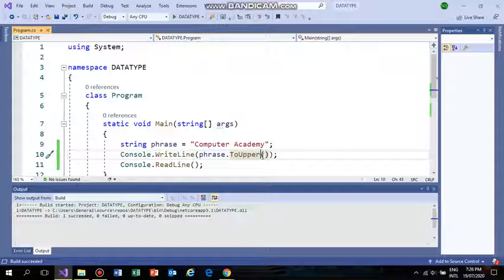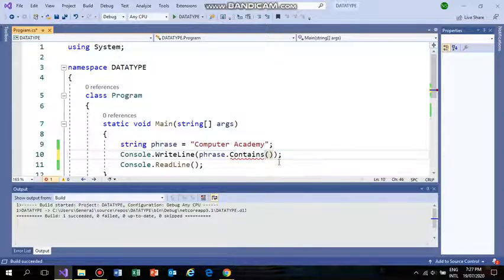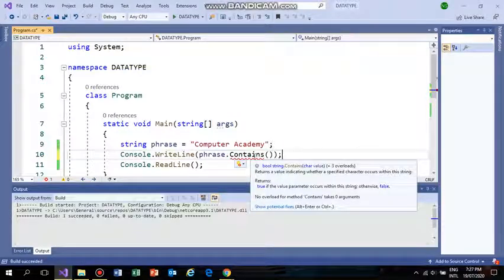Okay, now the next target is, for example, if you want to know whether the phrase Computer Academy contains a certain string.